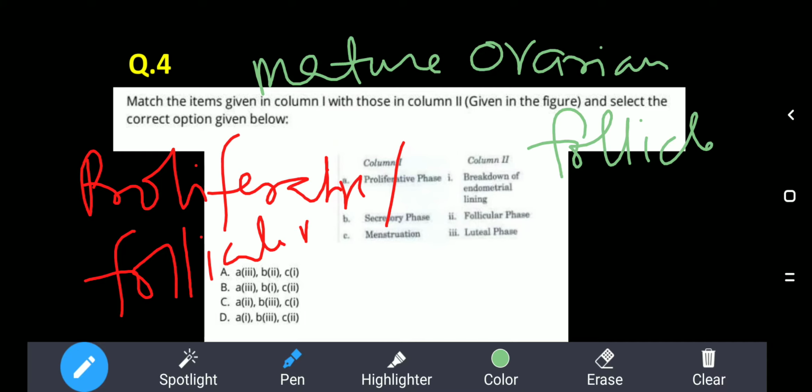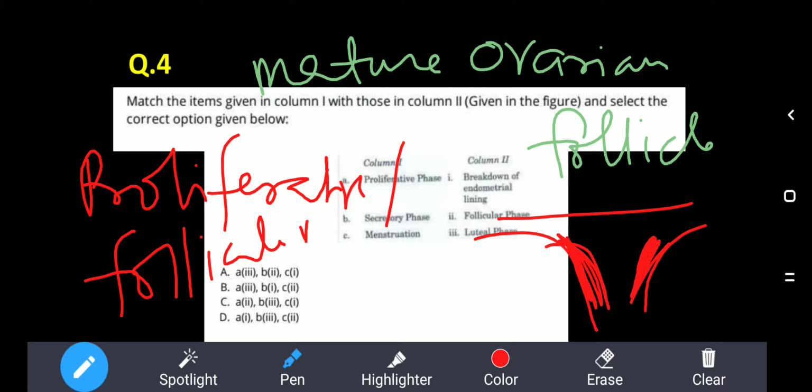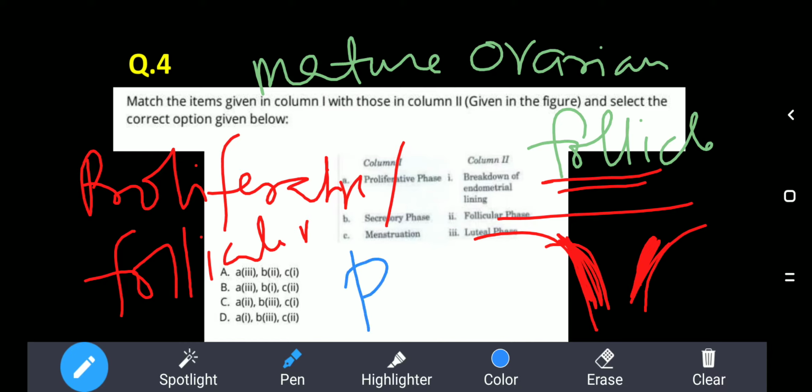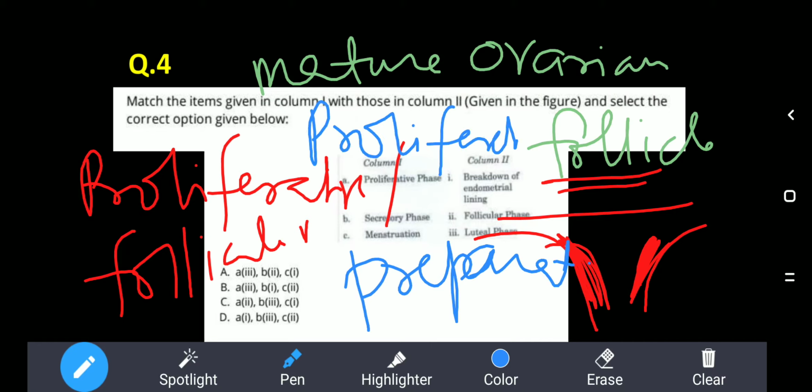At the same time, the uterus starts preparing itself, starts to thicken up the endometrial lining. When the thickening of the endometrial lining is happening, the follicle is released and the uterus is preparing itself. Preparing means it is proliferating. Proliferating is to multiply. So that is the reason why, when the follicle is released during ovulation, at that time the uterus prepares itself by this proliferation. So the answer is going to be here.